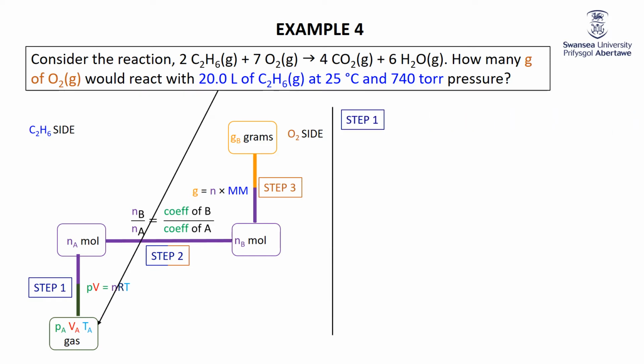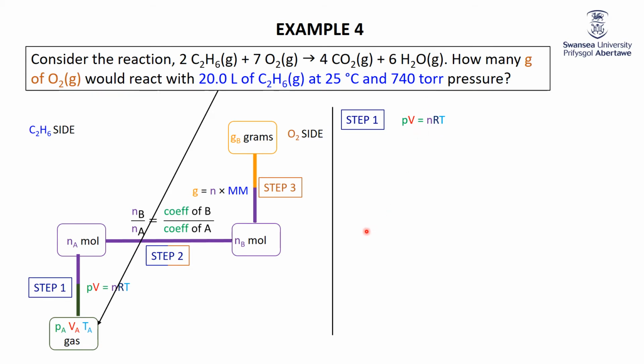Step 1, and I'm not going to try and squeeze all these numbers into this little box, but it's PV = nRT. Okay, that's what we're using. We know the pressure, we know the volume, we know the temperature. R, you know, because it's a constant, to get moles. Now this is, of course, you will remember, a fun little exercise in units. Pressure, we can use torr, we can use bar, we can use pascals. I like to use atmospheres because when we use atmospheres for pressure and litres for volume, it gives us a